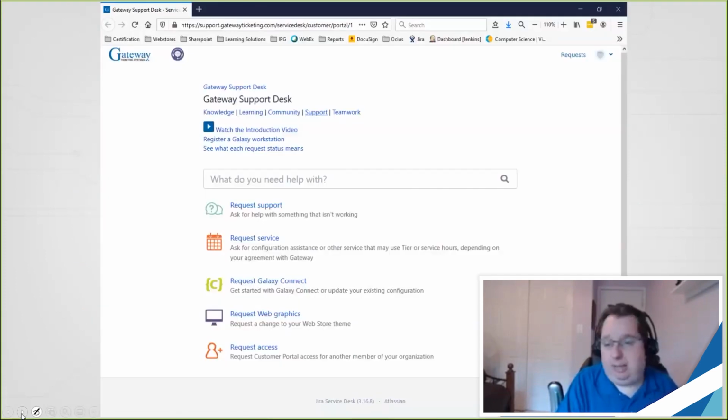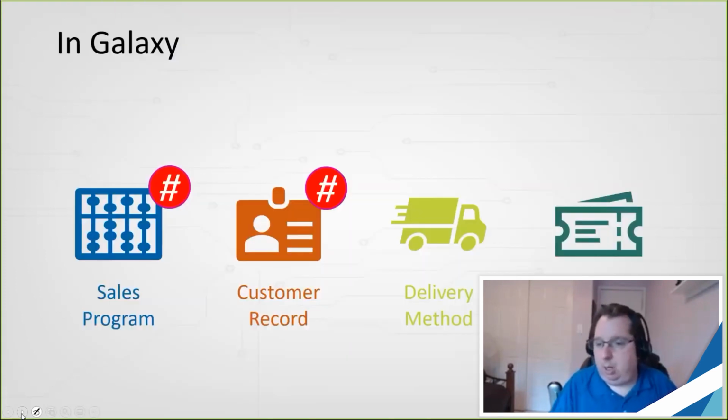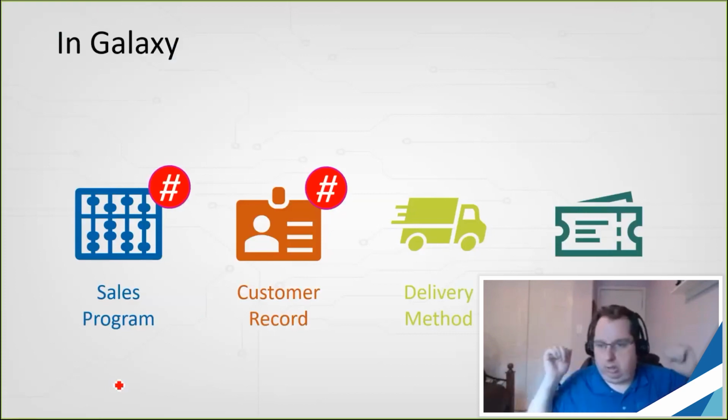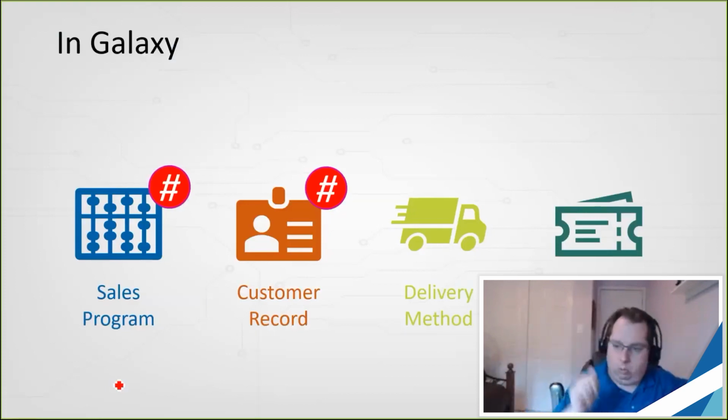I do recommend, before we get to the request, start by creating an order in order entry. Create an order in order entry on behalf of that new customer with the product they're configured to use, using the proper sales program, and let your business rep see that. Show them that order. Let them say, okay, these are the right price points, this is the right product, this is the right customer, everything's good. Once you have their sign-off,